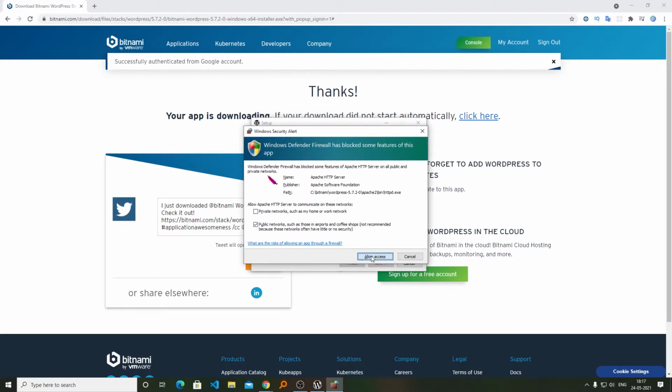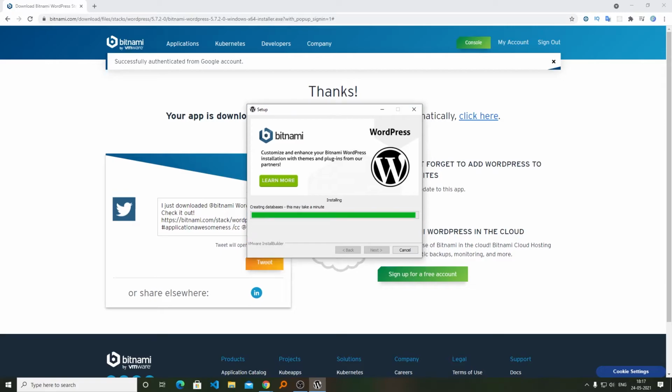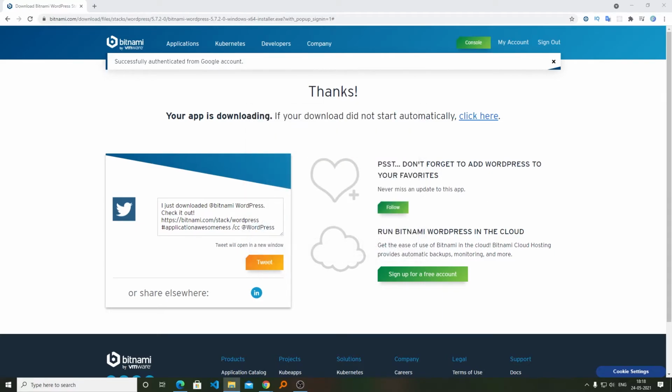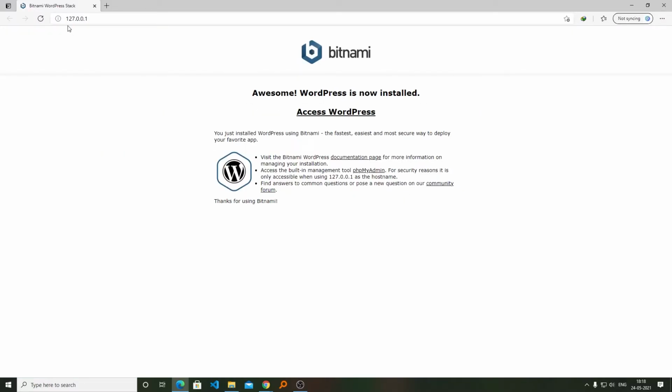Click on allow access. Now we can see the installation process has completed. Let's click on launch Bitnami WordPress stack. And here we can see the access URL, which is 127.0.0.1. Now we're gonna click on access WordPress,